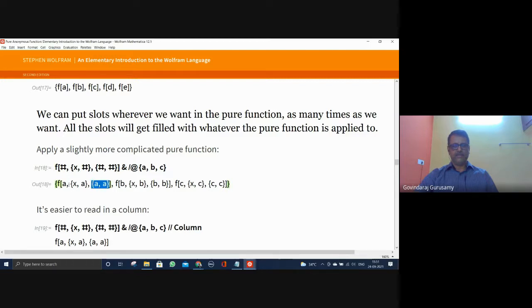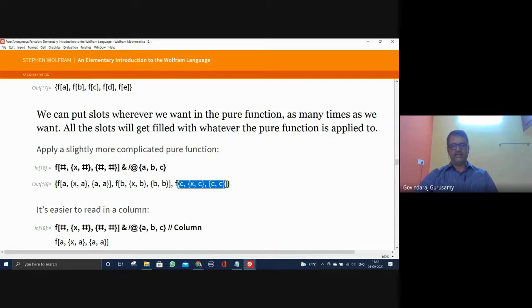So you can see the single variable with the list of x comma A, and the list of A comma A, that is going to be a mapping of the function f on A, x, a and A. Similarly, B, x, b, b b. So mapping can be done in multiple ways also, because you're just repeating the hashes.